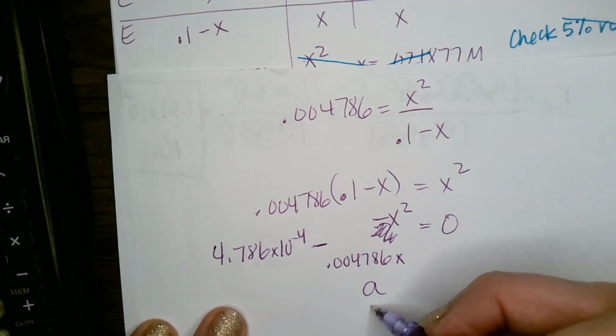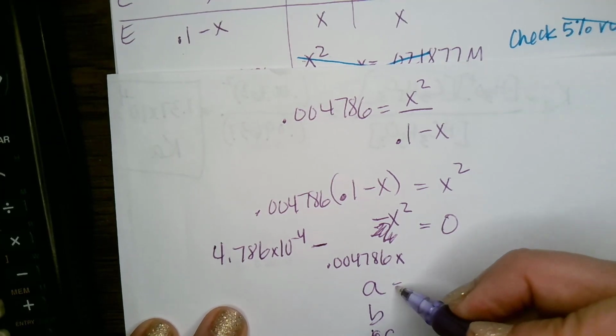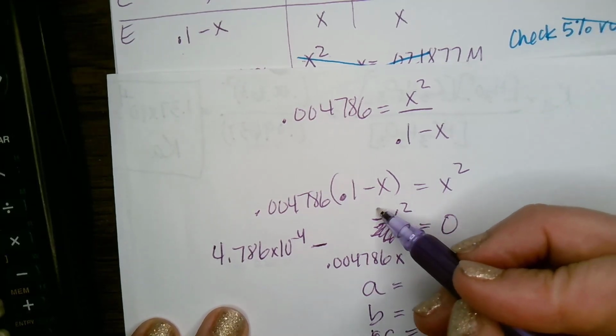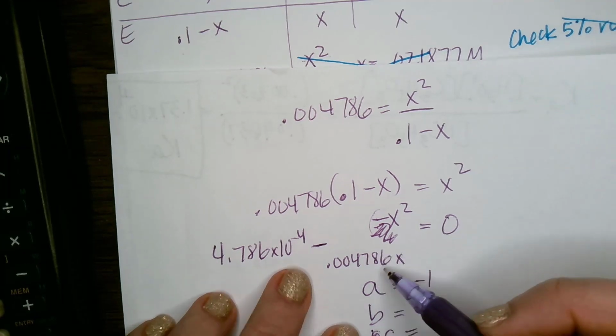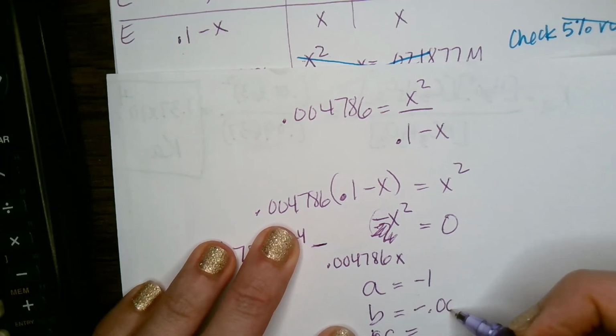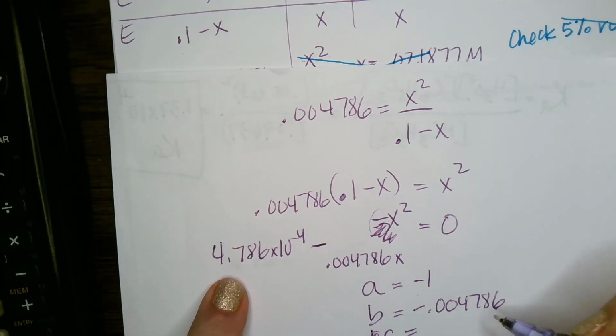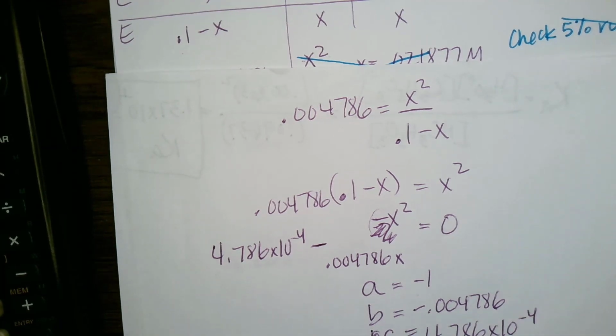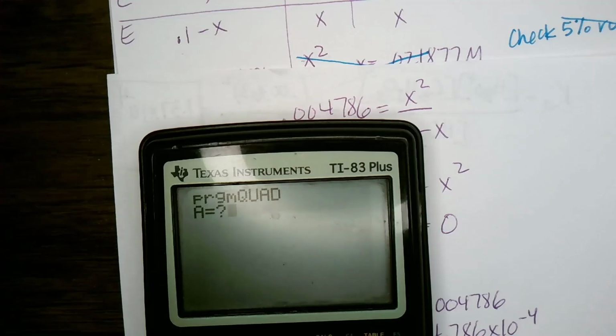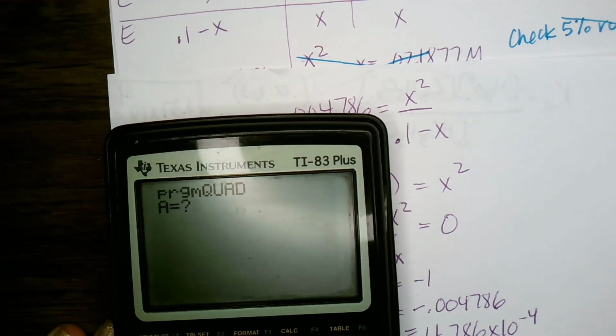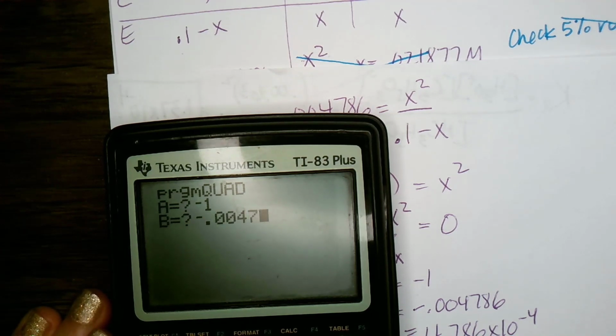So I have my A. My A is -1. My B is -0.004786. And my C is 4.786 times 10 to the negative 4th. Let's plug this into our quadratic equation. So when I plug in my A of -1, my B of -0.004786, and my C of 4.786 times 10 to the negative 4th,